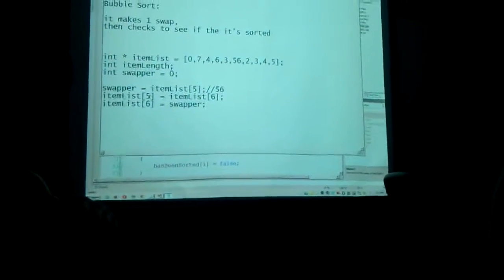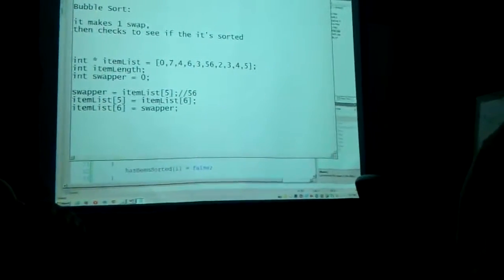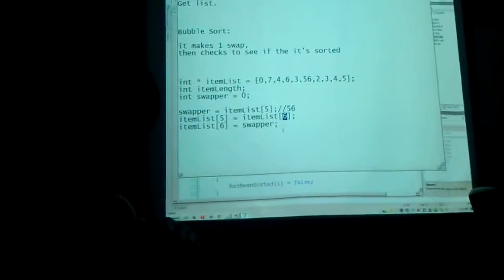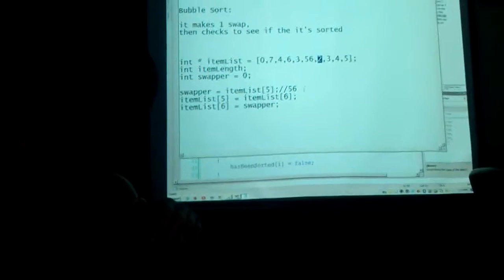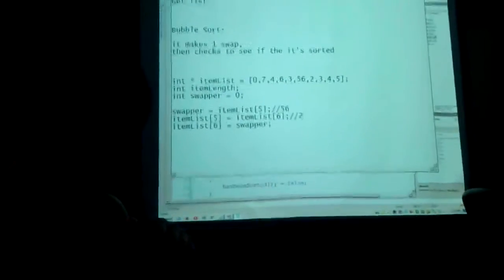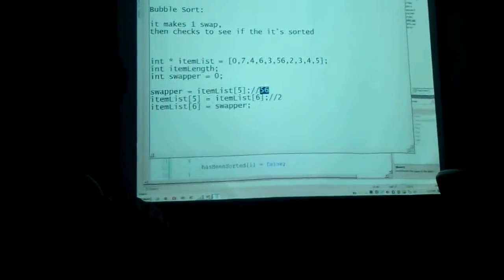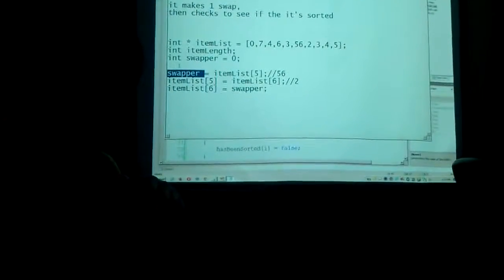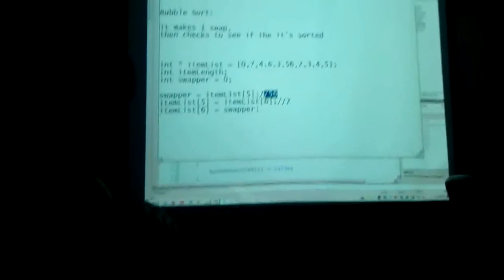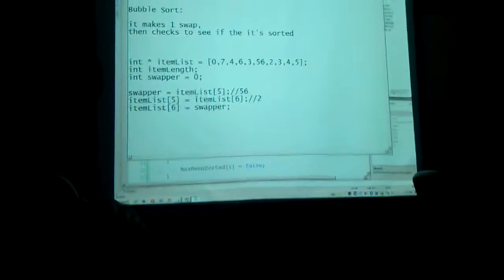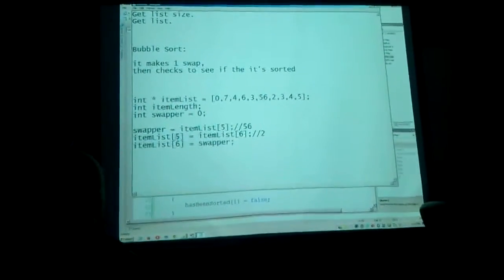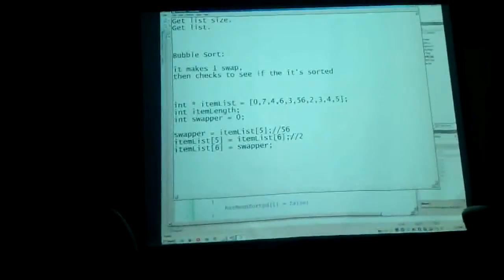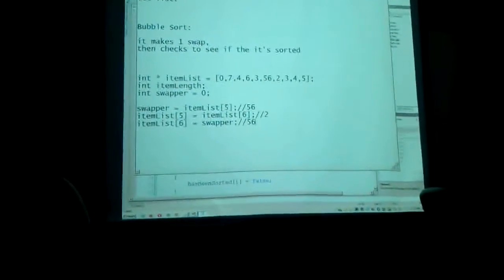Now, item list 5, which is still 56, is getting a new value. What's its new value? 2. Right? It's a spot of 6. So the only variable right now storing that 56 is swapper. I had to set him down. I had to set down the bottle. And then lastly, item list 6. Currently, 5 and 6 are storing the same 2. Now we're going to give him 56 again. And that's how we can swap